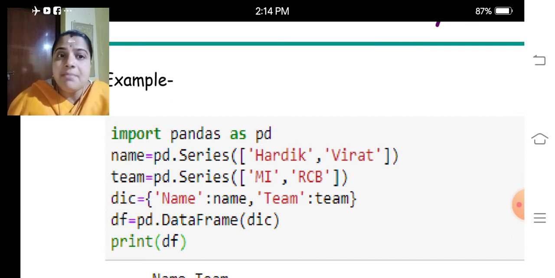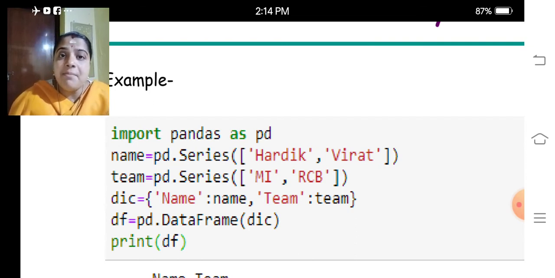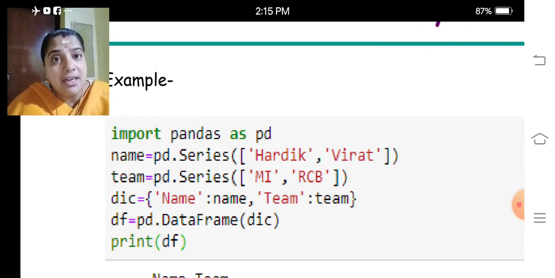Then team is, again, a series, that is MI and RCB, and we are creating a dictionary with the two series. Here the first name which is given in red color is what? It is a key, and name is a list of values, that is a series, that is called a value.